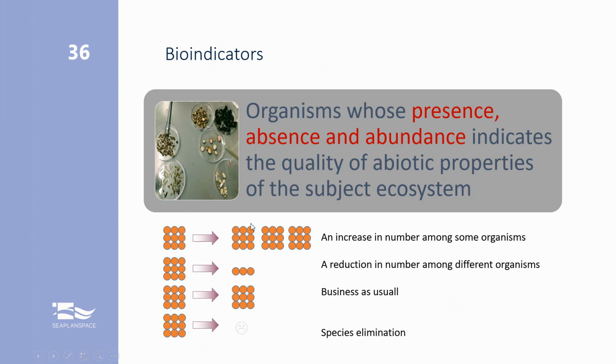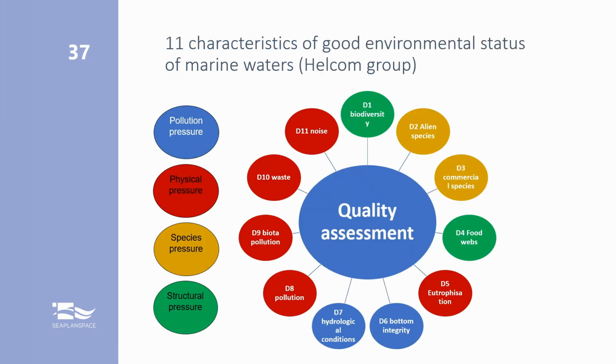So some of them will actually be very abundant, some will be disappearing. Sometimes if the change is not strong enough, we will be observing business as usual, so basically no change in the ecosystem. And in the extreme cases, we will have species elimination, and that will be the elimination of the most sensitive species. Again, coming back to the Baltic Sea, we have, based on a HELCOM group,